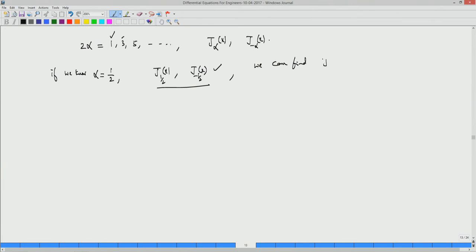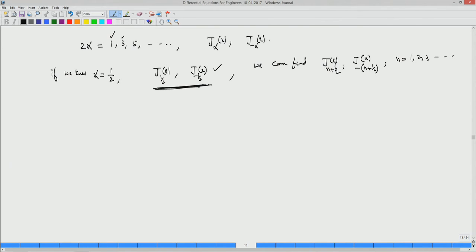We can find all other things like j n plus half and j minus n minus half of x, n is from 1, 2, 3 and so on, by recurrence relation. So, that is called recurrence relations. Just by properties 1 and 2, you can get them. So, how do we get this? We can nicely find the formulas for j half and j minus half. That we do